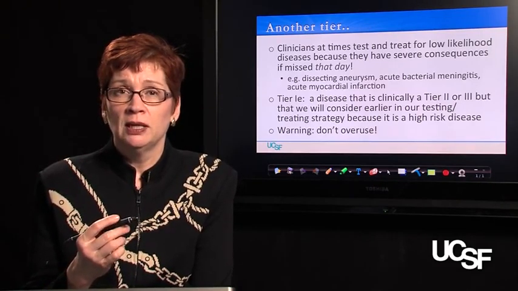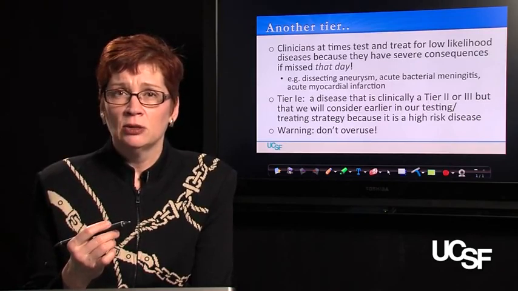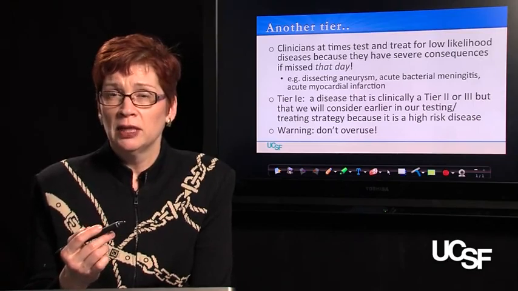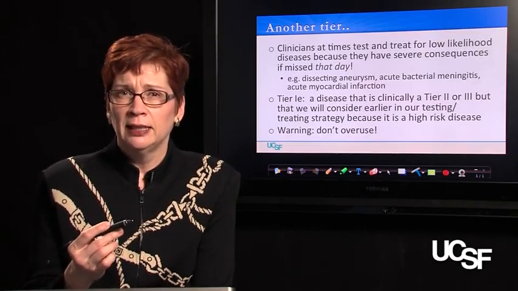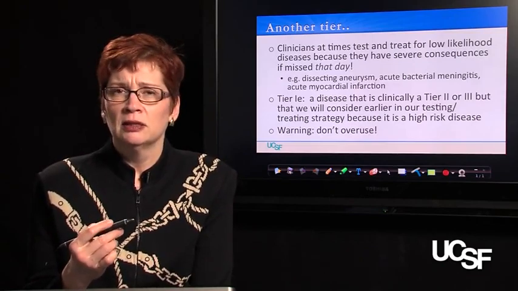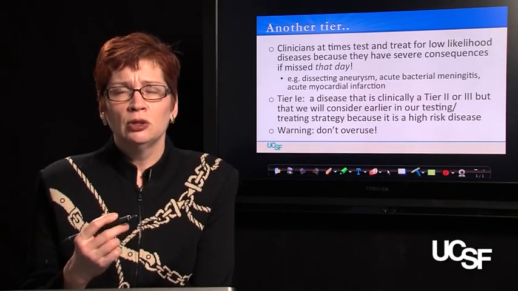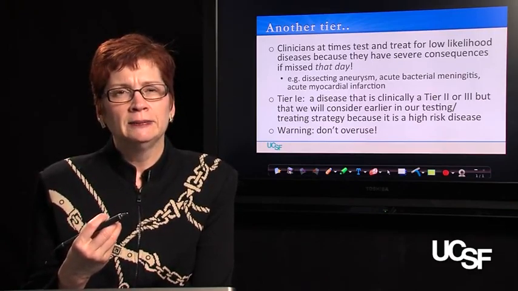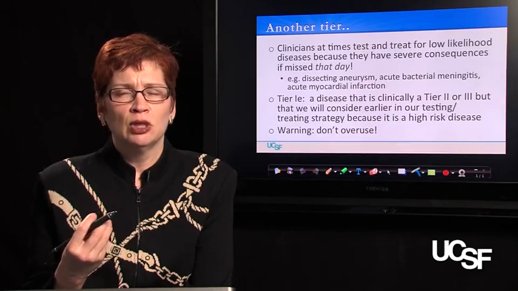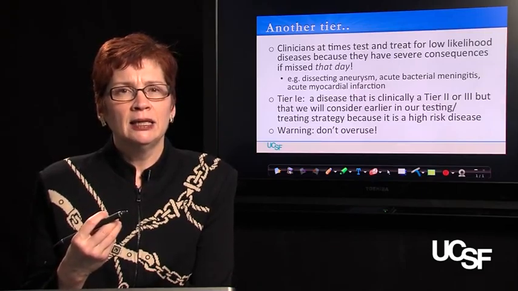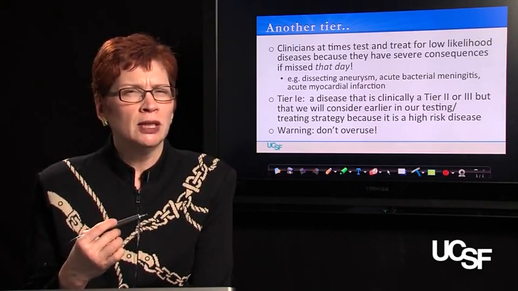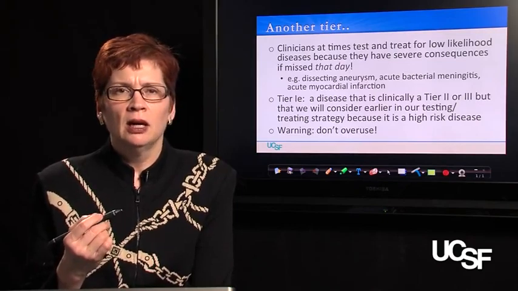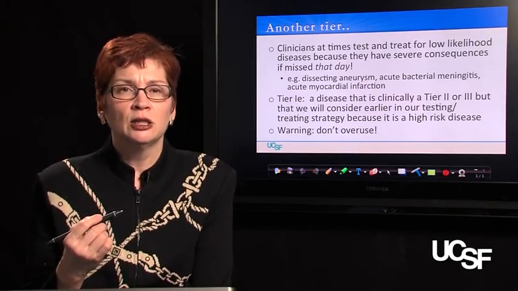So someone coming in with chest pain, I might not think they have a dissecting aneurysm, but if I'm wrong, that's a fatal mistake. Similarly with acute bacterial meningitis in a patient who's got a pretty mild headache or an acute myocardial infarction in somebody who I think has non-anginal pain. So clinically, as I put together my problem representation, I say, gee, those diseases, dissecting aneurysm, acute bacterial meningitis, clinically would belong in tier 2 or tier 3, but I'm going to put them higher in the list because I want to test and treat for them more expeditiously given the consequences of